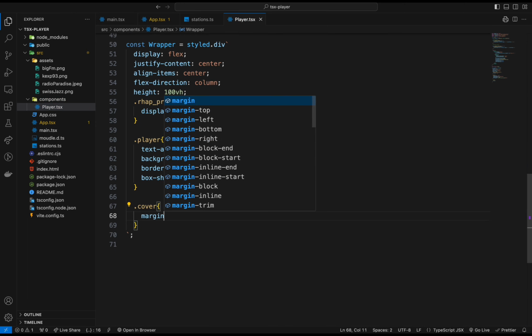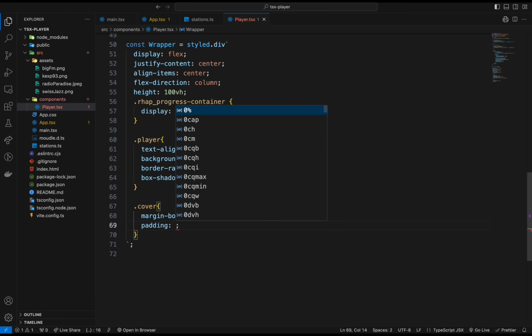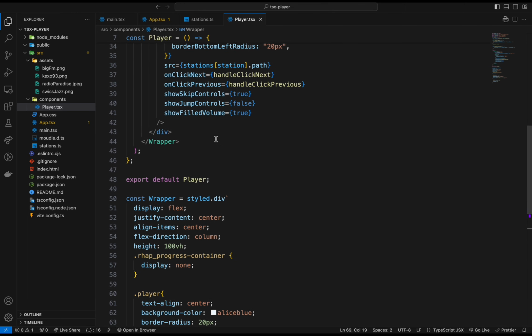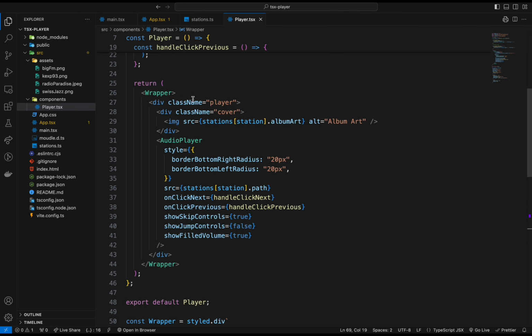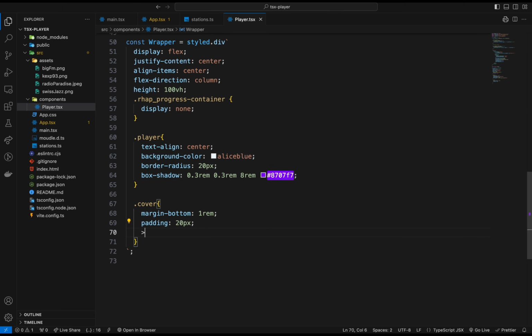So give it a margin from bottom of 1 rem, which is equal to I think 16 pixels. Padding 20 pixels inside the cover. Now what we can do inside our styled components when we're styling our app, as you can see, div is the parent and it has image. How I can style the image within that class, I can select image, give it a height of 300 pixels,